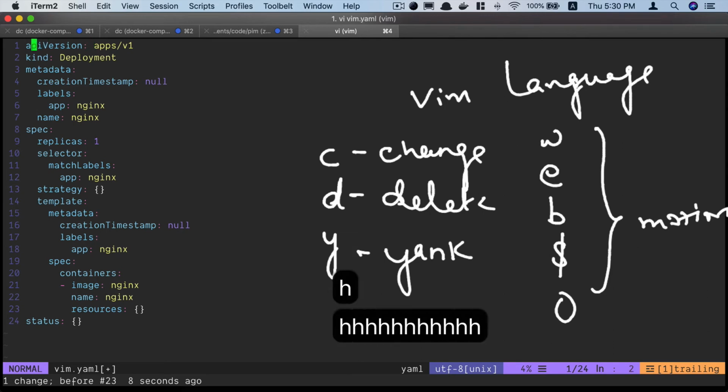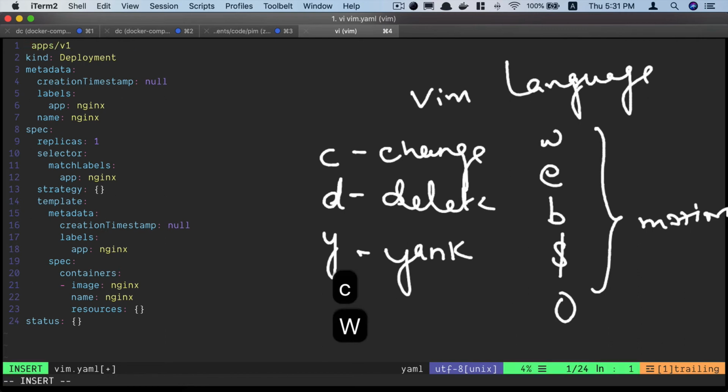Likewise, if I want to change everything, including the colon, I can do C, capital W, and the same logic stands, right? It considers special characters as part of the word. Similarly, if I want to delete just this word API version, I can just do dw and it deletes it.